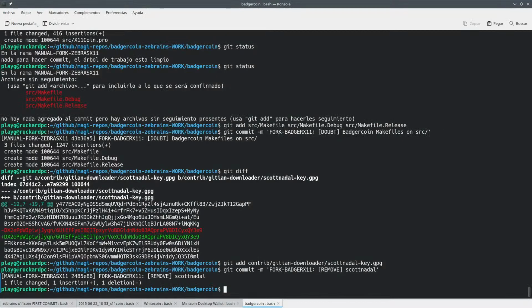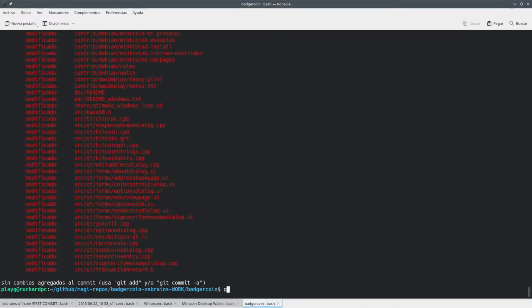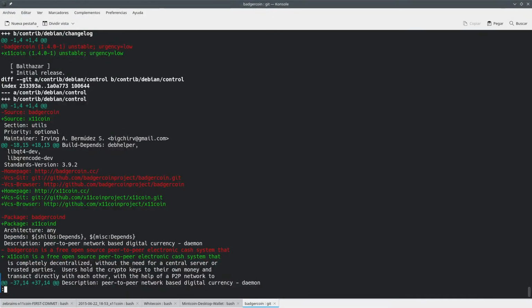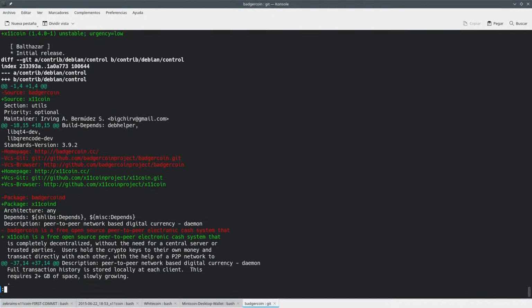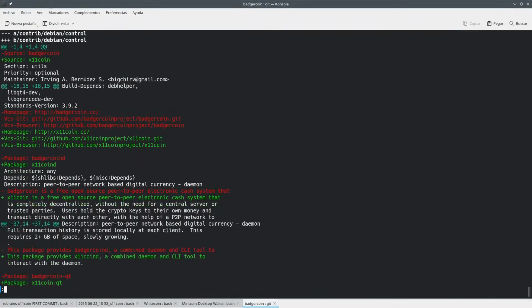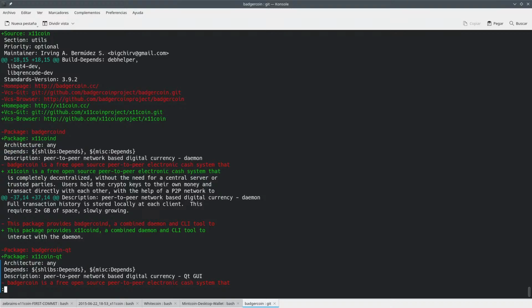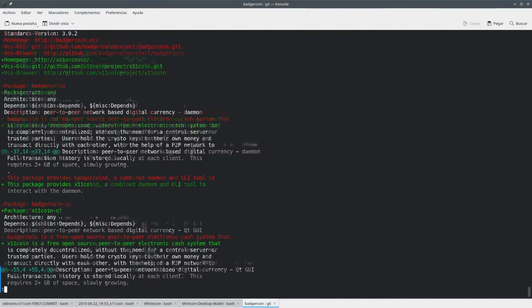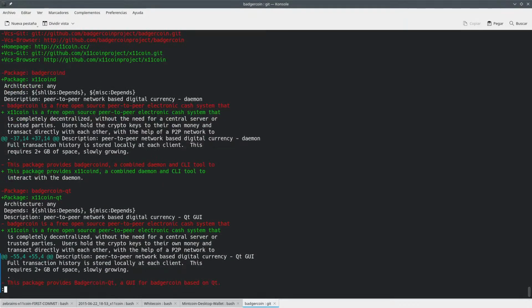So now we should be able to see a lot of files that have been changed. And we're going to check all of these changes quite slowly. And if we check anything that's out of the norm, well, we will